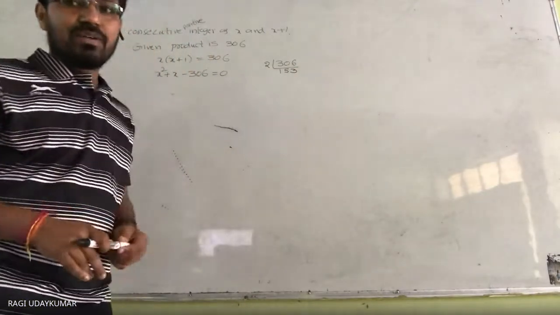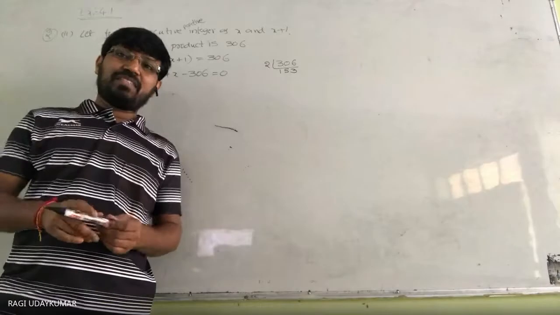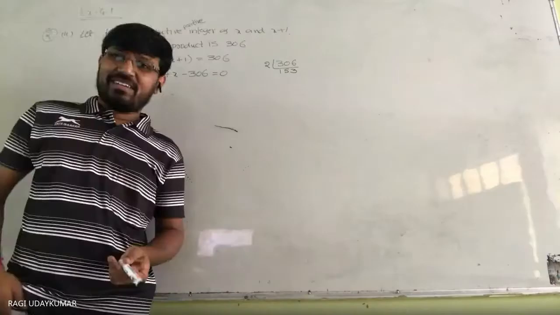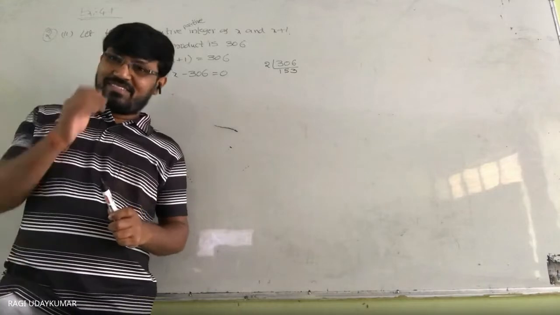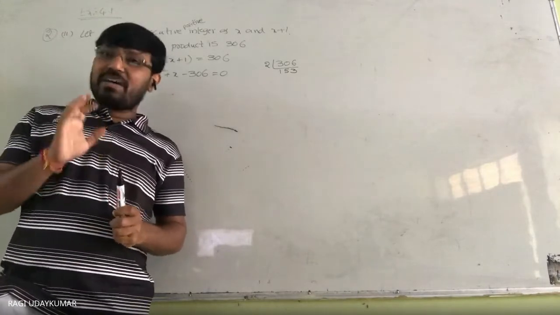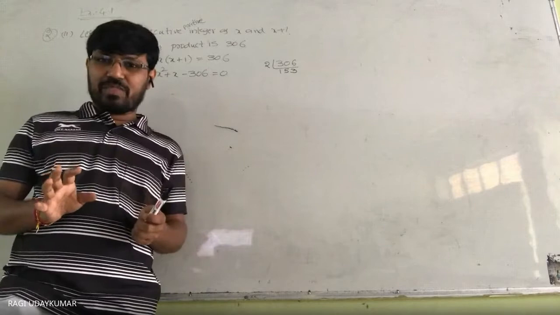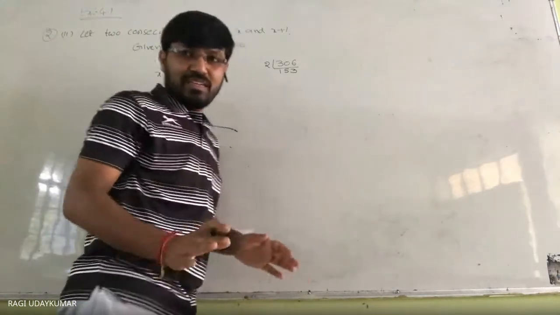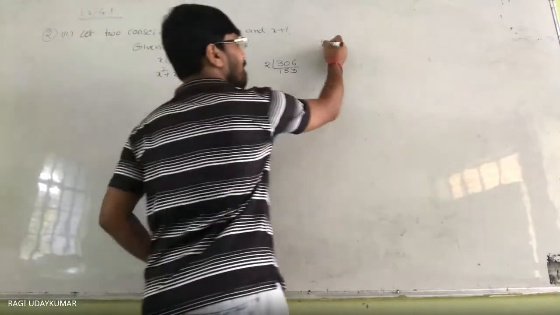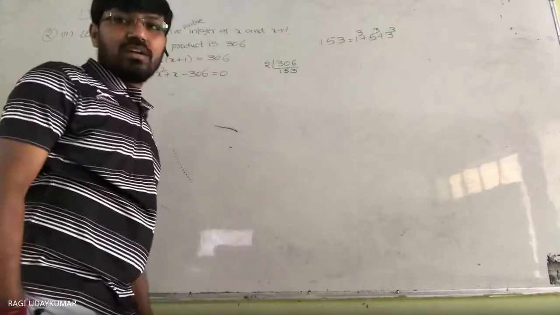Can anyone say what 153 is? It is divisible by 3, but 153 is a special number. आप का कभी mathematics में आया नहीं है, that's why I'm explaining to you: you see the sum of the cubes of the digits of 153. 153 is equal to 1 cube plus 5 cube plus 3 cube. You see, is it right or wrong?